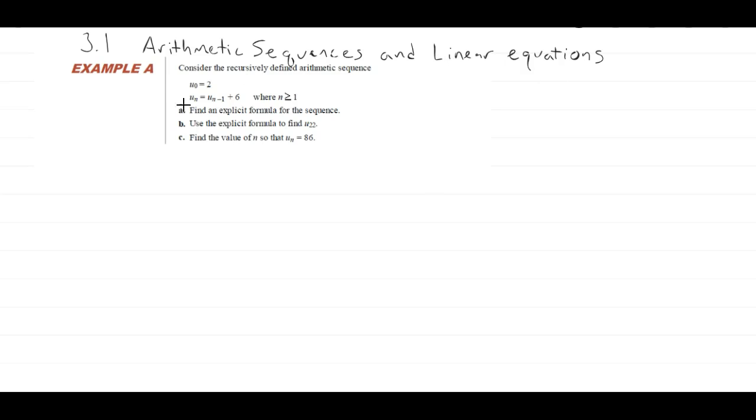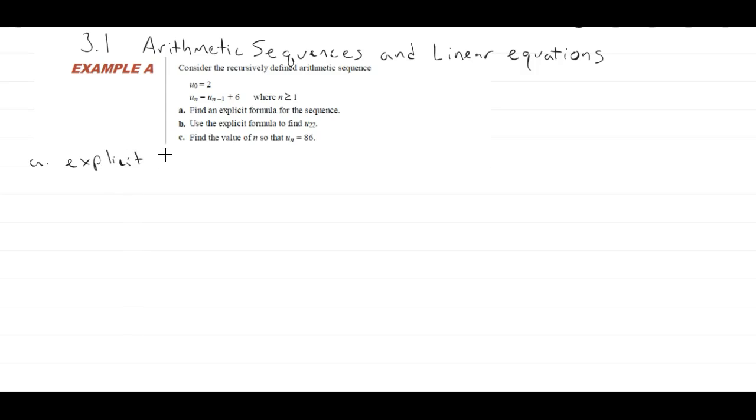Now some of you might have already been able to say, I think I know what an equation is if I can say, I'm going to keep on adding 6 and then adding 6 and then adding 6. Alright, so we're going to try and write an explicit formula. So if we see that, we're going to just define explicit formula right here. Okay, so first we have to say an